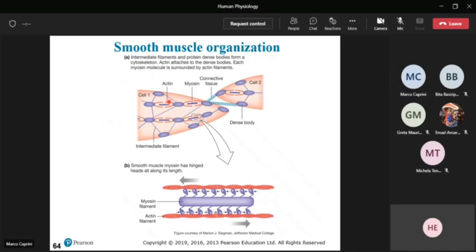So we have the same filaments that produce the force of contraction. The force of contraction is created by the filaments of actin and myosin that cross bridges and allow the sliding of the filaments